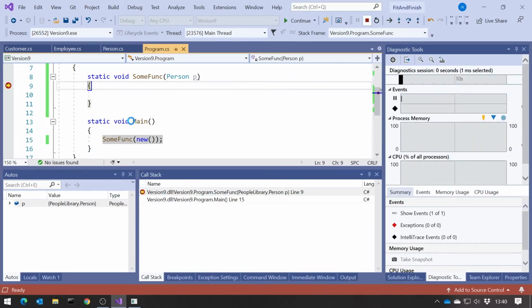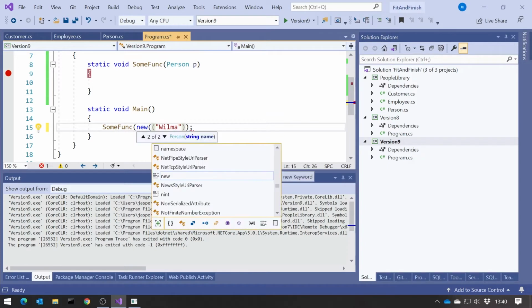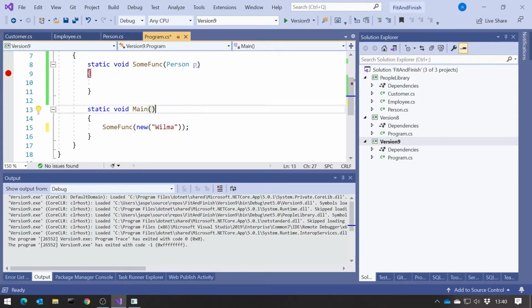If we'd wanted to call the constructor, we could have done that, and the compiler will ensure that we only have the appropriate constructors available. So we can see if I just hover over that, we've either got the default constructor or the constructor taking name in there. So the compiler knows exactly what's going on, but it's just saved us that bit of typing.